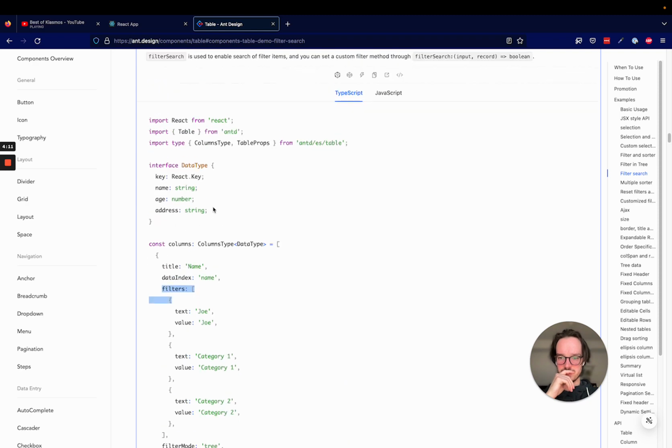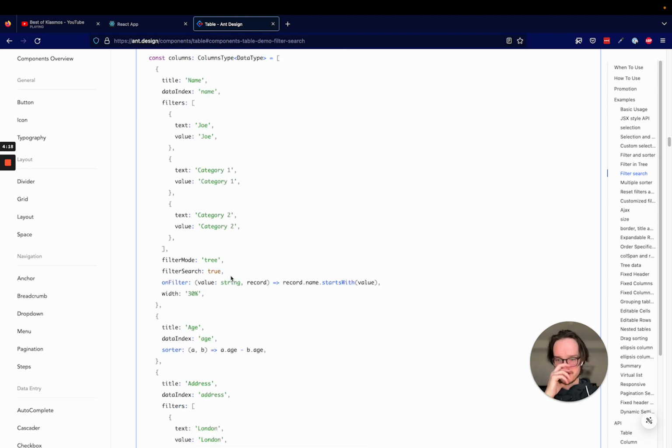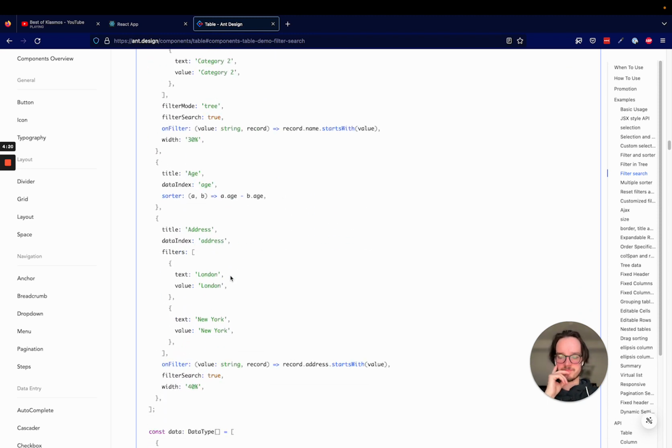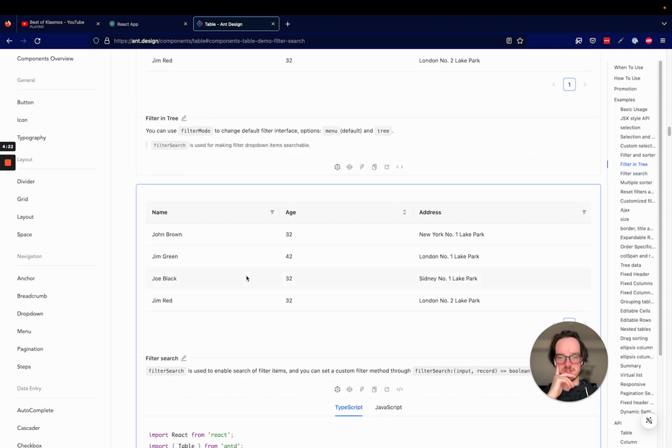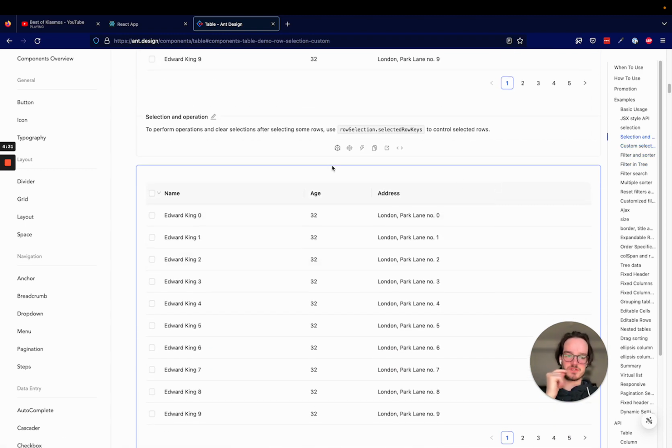Filters. Oh yeah, so these are the filters: text, value, value, value. Yeah, so you need to know the values you're searching for, which can be cool for drop downs, but we're not always going to know the values we're searching for. So yeah, let's just write our own,